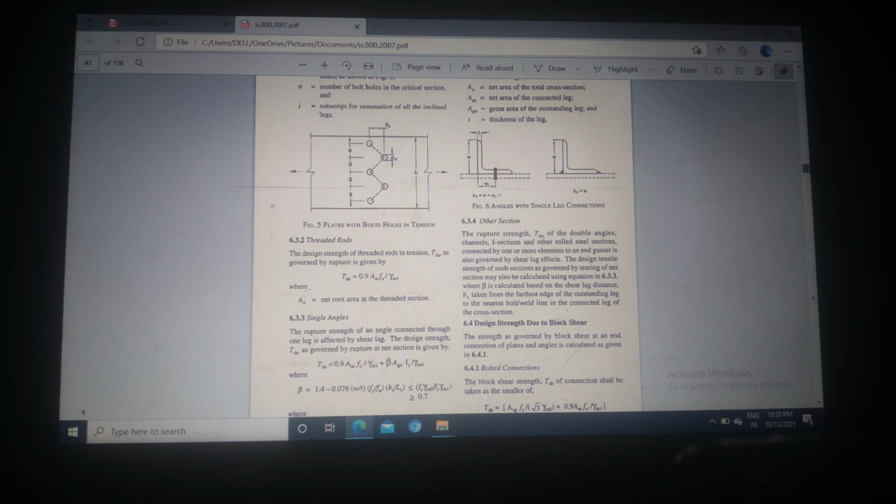And in the second problem, we are given the factored load that will come on our member, and we have to design a proper, suitable cross section, with suitable dimensions, to resist that factored load. For that also we will find the design strength. So both questions will require the design strength calculation, but in a broad sense, in SDD there are two types of problem. So that's all for section 6.